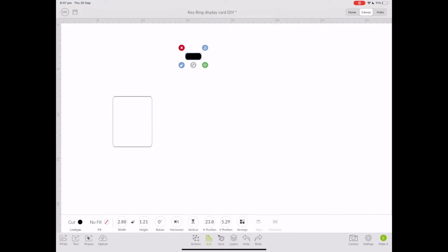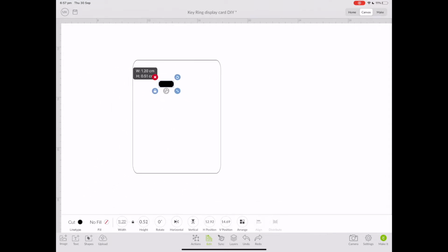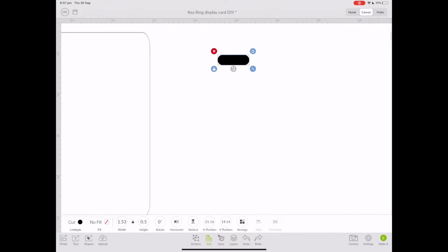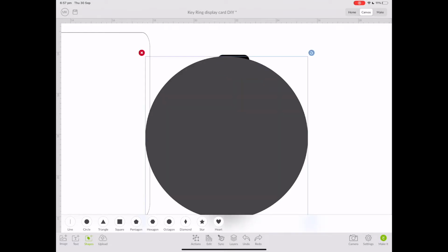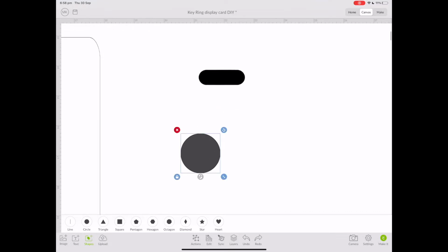The other rectangle, the black one, will become the slot if you want to hang your card somewhere. I thought I'd just add this part, even though I'm not interested in using it, but I thought it would be handy if someone is doing a fair or market where you can just use a hook and hang your key rings there. So we just changed the dimension of that little rectangle, and we're going to add the image